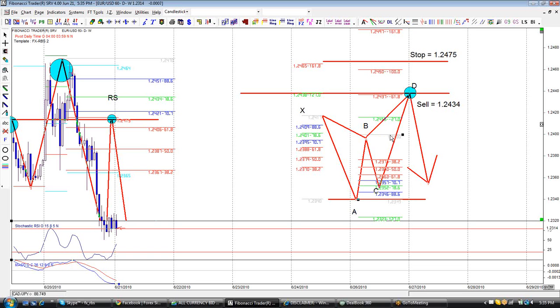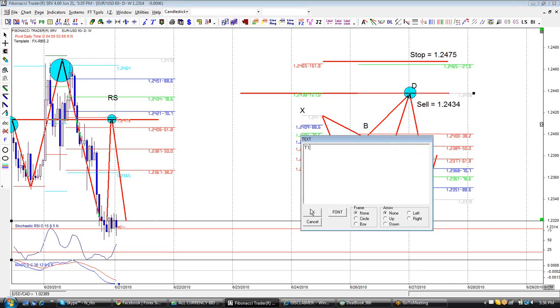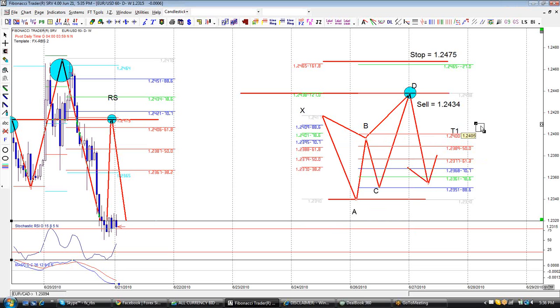First limit I use for butterflies is I pull a fib between the A and the D, and I use 382 for my first target, because this is the first place where buyers might enter in case the trend will continue, because we have been in an uptrend, and I want to make sure that if this trend will continue for some reason, I want to be out of the trade before any more buy orders are in the market,